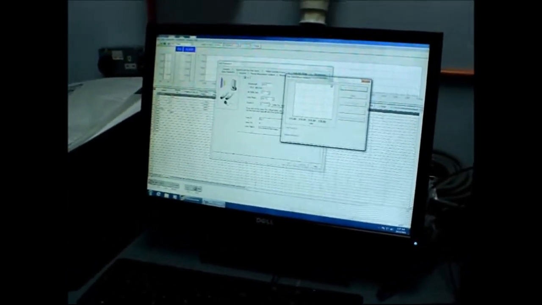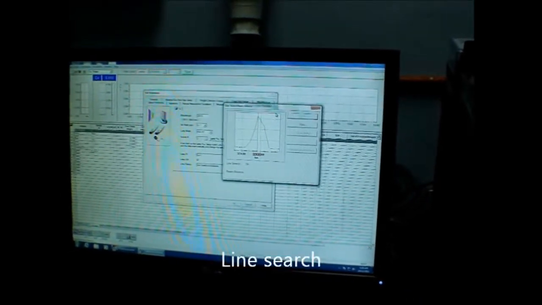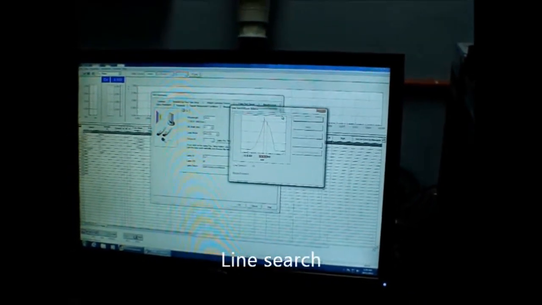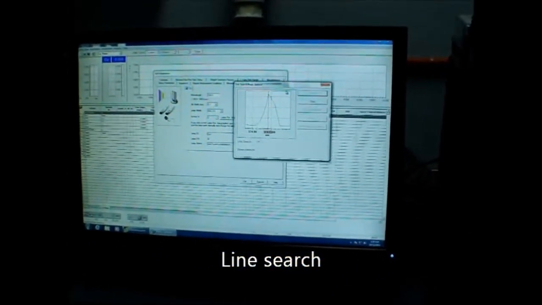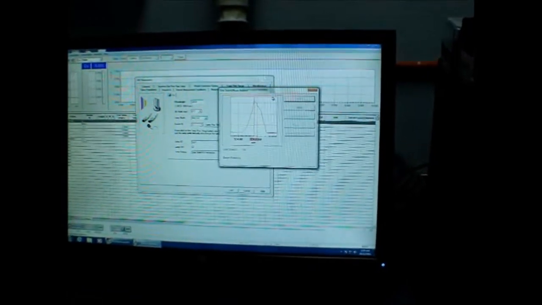This one takes 2 minutes. As long as it is acceptable, okay. Then wait for the beam balance. After 2 minutes,